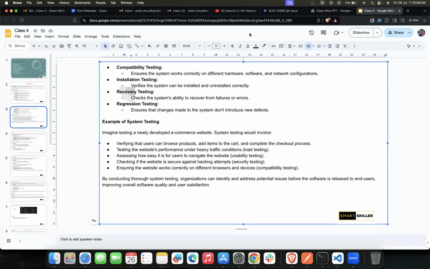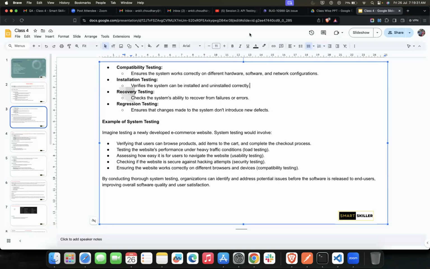I mean, an example of installation testing is application installation testing or uninstall testing that comes under this installation testing. They are both a package deal.